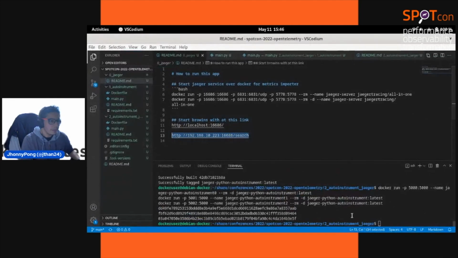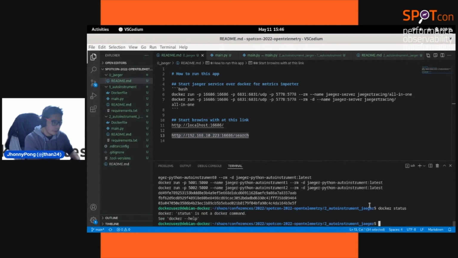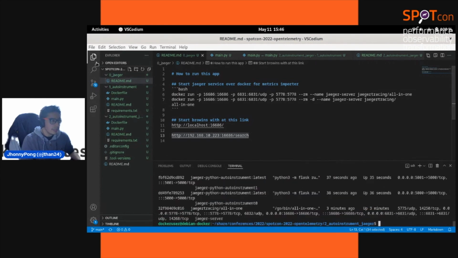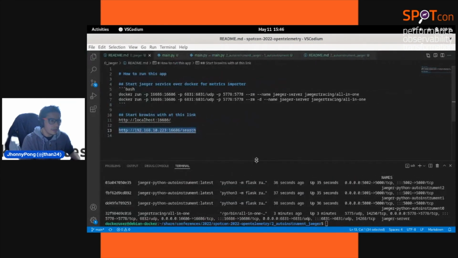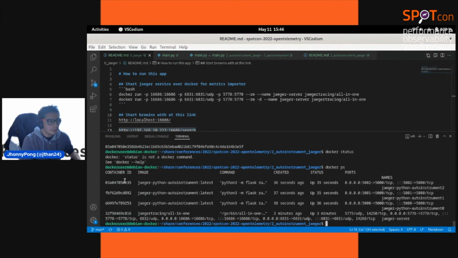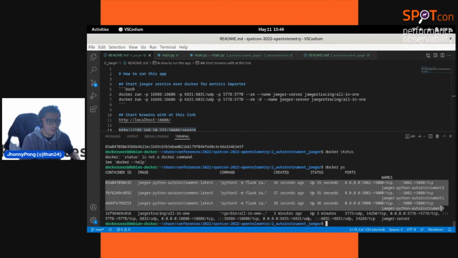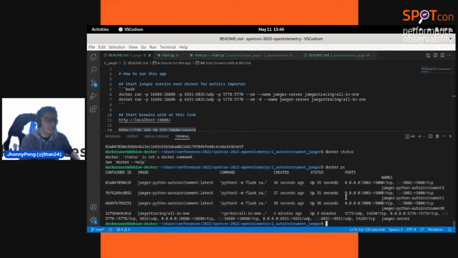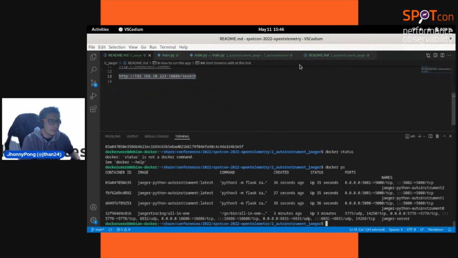But what happened with this application that we can add with Kubernetes? Docker PS, we have this actual definition.